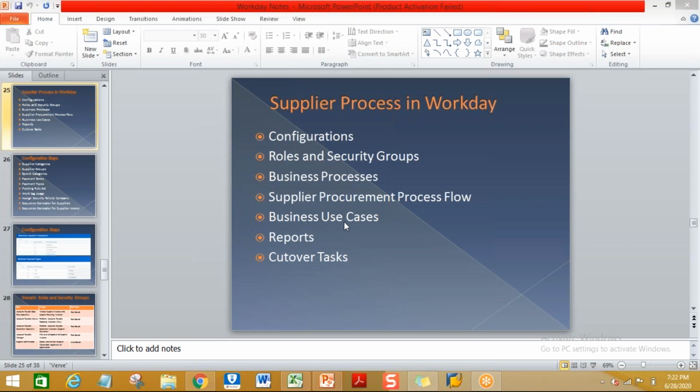So if you want to implement a solution, you need to have domain knowledge of the process, like finance or HCM or integrations or payrolls. That's why I am telling you, you have to understand the business process as a consultant.